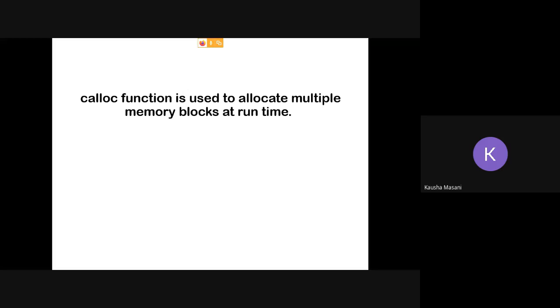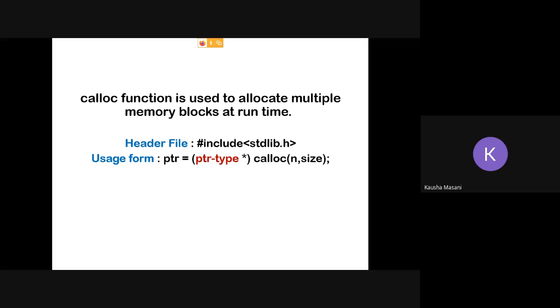The header file remains the same even for calloc: include stdlib.h. The syntax changes a bit. The ptr typecasting is also there, because calloc also returns a void type of pointer, so you need the typecasting part. But what changes is inside the parentheses.